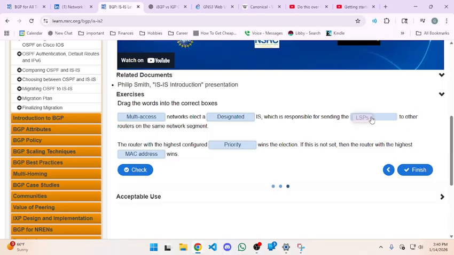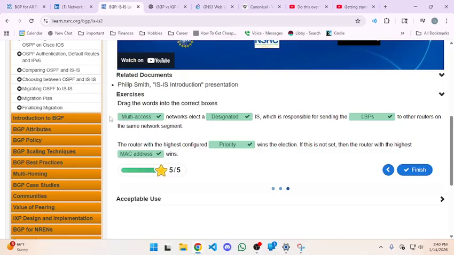I think this is LSP link. Yeah, so let's check. Perfect, got it right. So multi-access networks elect a designated intermediate system, which is responsible for sending the LSPs,